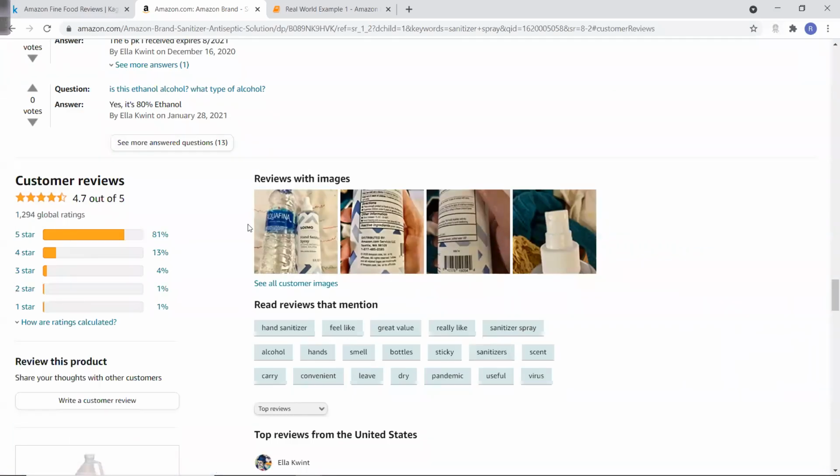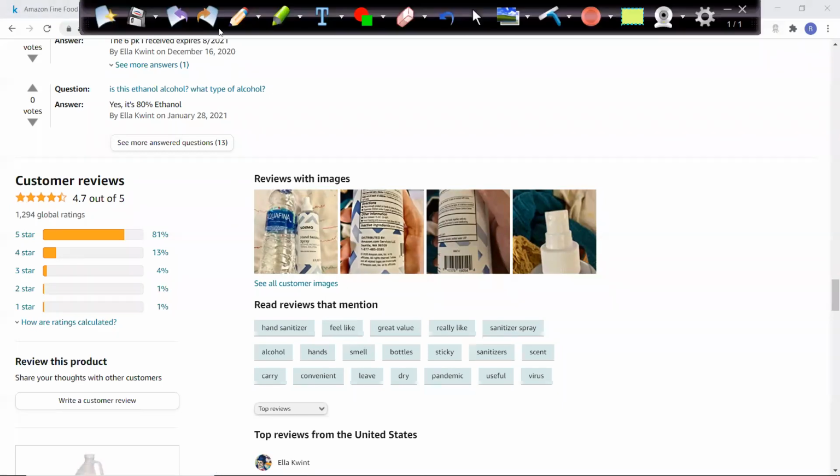you will get this chart. Basically, this is nothing but a histogram. This is a rating histogram, which helps me understand that for this product, 81% of the people gave a 5-star rating, 13% gave a 4-star rating, and so on.